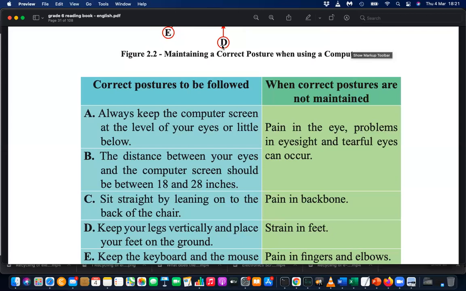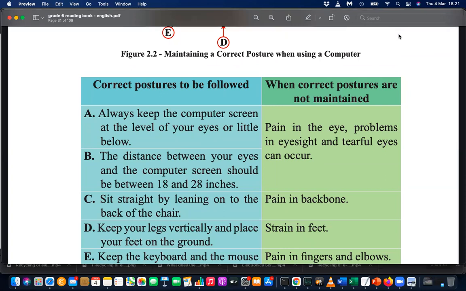You have to purposely blink your eyes, right? A few times. Last day I did it like this. Do you remember? I asked you to blink your eyes when looking at the screen, because then it will reduce drying of your eyes. Otherwise your eyes might be dry. So please blink your eyes a few times purposely.